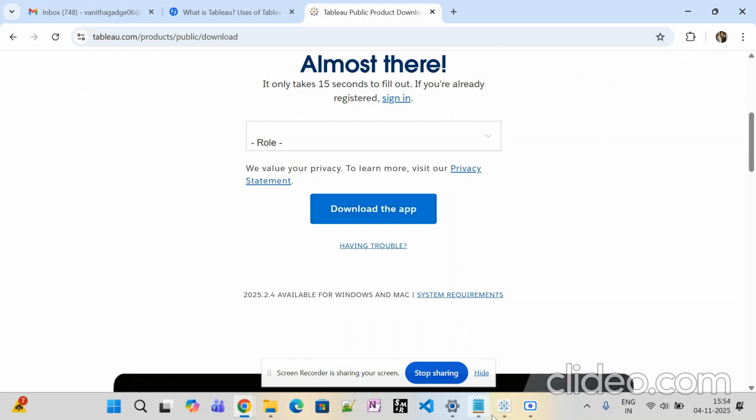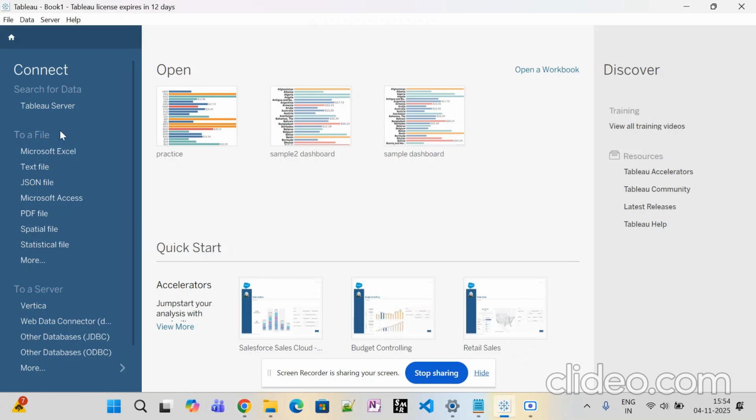So let me just go to the dashboard. Here you can see there is a file option, Microsoft Excel, text file, JSON files. There are so many. Once you click this more,